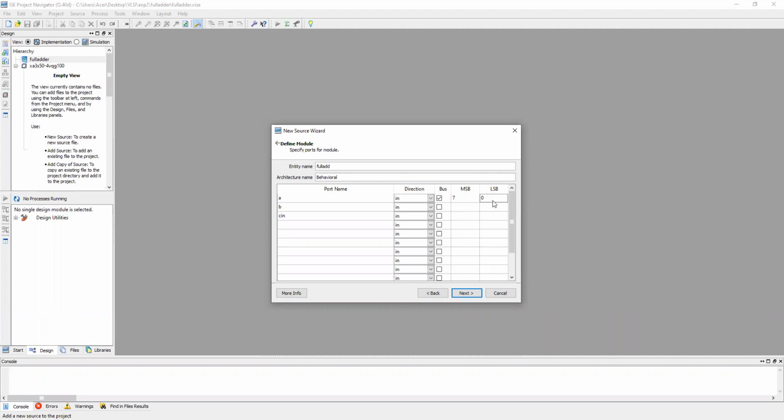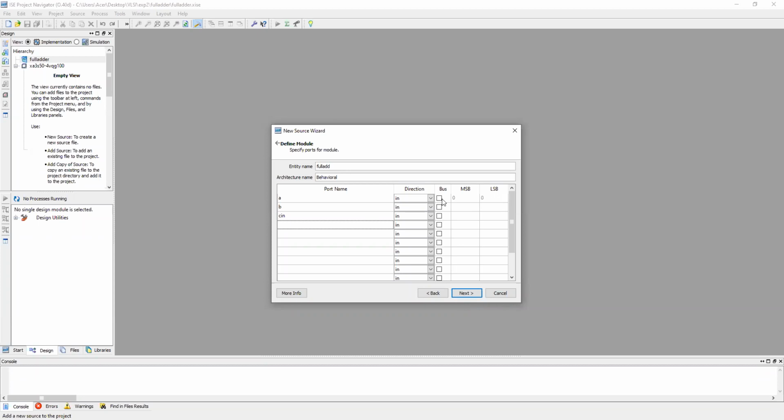But in the case of a full adder, we don't require this bus, so I will untick this option. We will select only 1 bit. If you select only this, by default it will be considered a 1-bit input. If you want more than 1-bit input, then you compulsorily have to select the bus. So I have unticked the bus option as we are using only 1 bit.